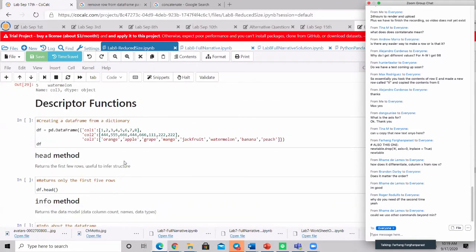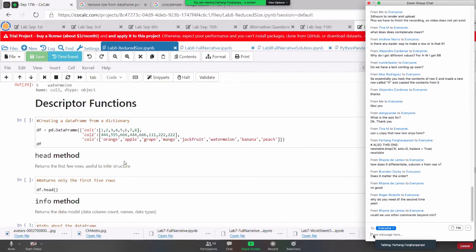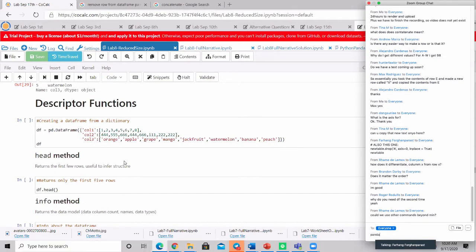The descriptor functions. You may not fully appreciate the benefits and the advantages of these functions yet, but I promise you that you will in the future. I'm not even sure if that will be in this semester or your next semesters to come, but I promise you that this will happen. So, what are descriptor functions? They are a bunch of functions, not just one,